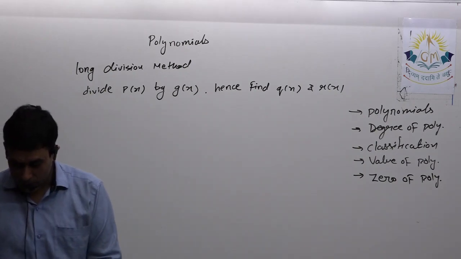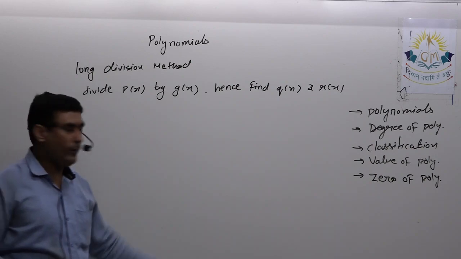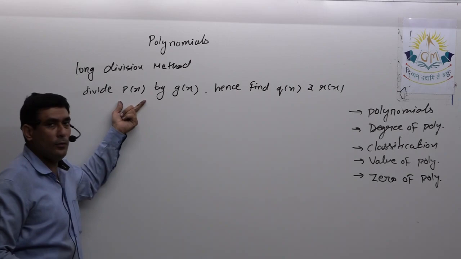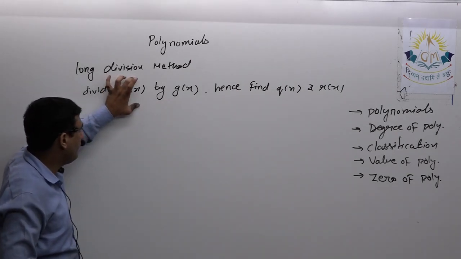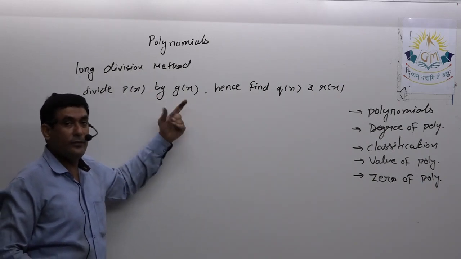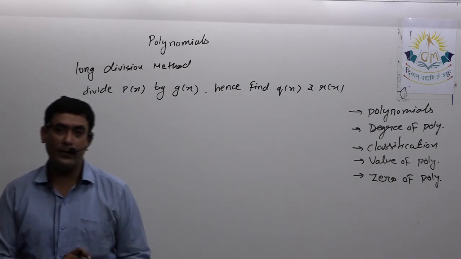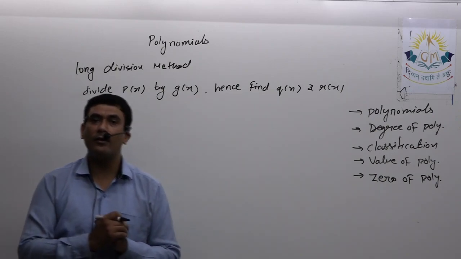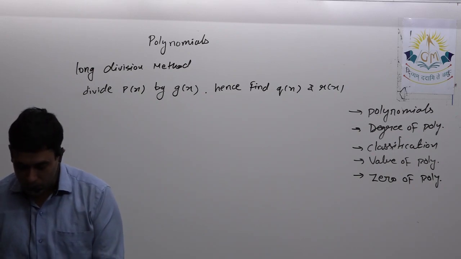So the two things that you have to keep in your mind are that p(x) must be in its standard form as well as g(x) must be in standard form. That means the dividend polynomial as well as the divisor polynomial, the polynomial which we have to divide and the polynomial by which we will divide the given polynomial, both must be in standard form. Now what do you mean by standard form? That means they should be in the decreasing order of the degree of their terms. Okay, let me give you one example to make you understand in a better way.